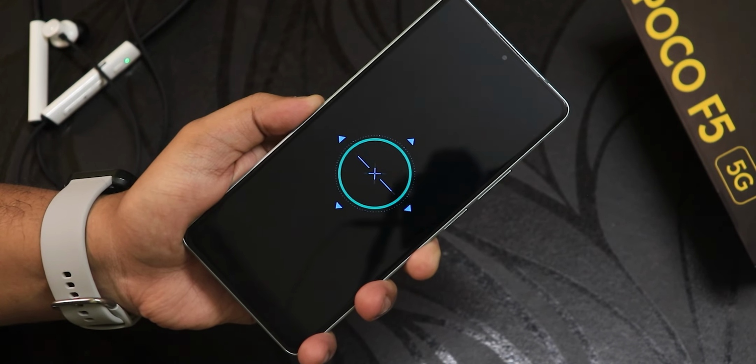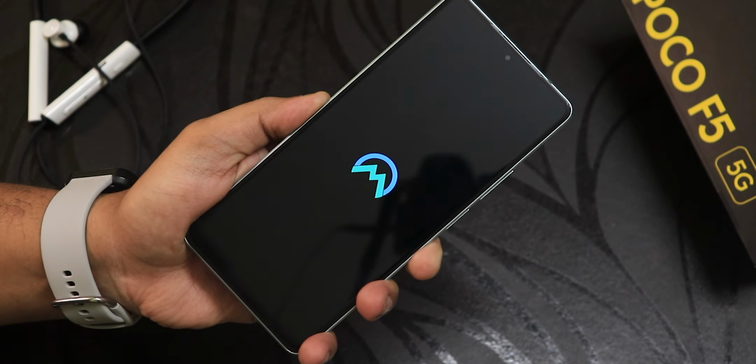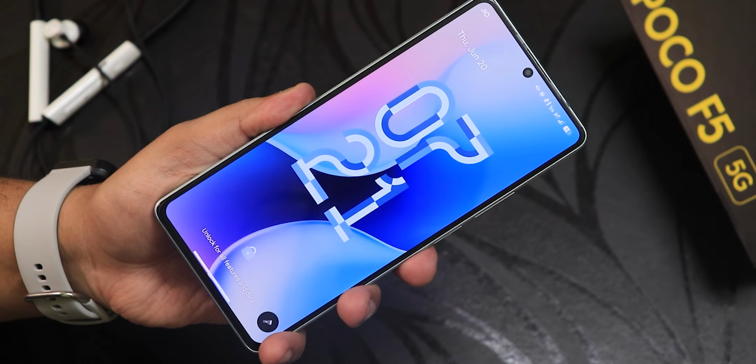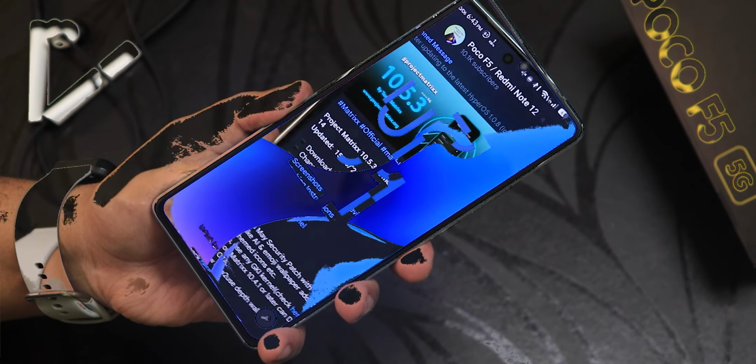What is up guys, this is Tito back with another video on the POCO F5, and today in this video I'm going to be showing you the latest project Matrixx ROM, and this is the version 10.5.3, the latest build